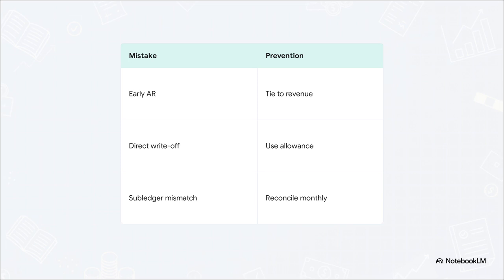The AR subledger doesn't reconcile to the general ledger. This usually happens when payments or adjustments get posted directly to the GL, completely bypassing the subledger. The only prevention here is strict, unwavering discipline. You have to reconcile the subledger to the GL every single month and ensure every single AR entry updates both